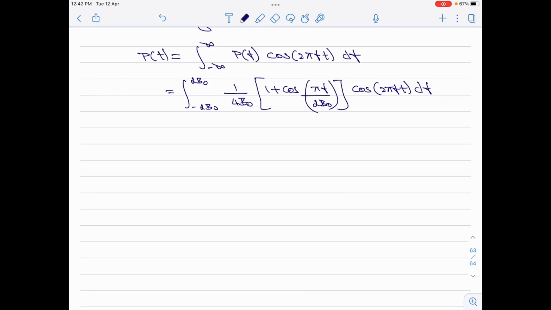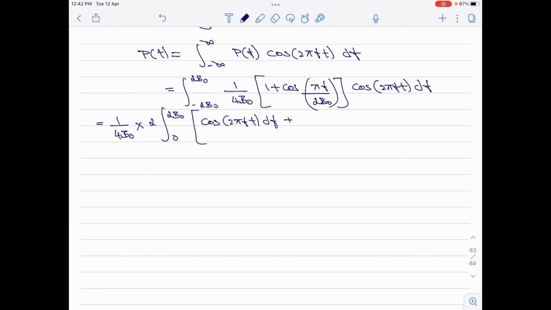I'll rearrange this and I'll multiply cos 2 pi f t df with the contents of the bracket here. So, this is equal to 1 divided by 4 b naught into, we have integral minus 2 b naught to plus 2 b naught. This can be written as 2 into integral 0 to 2 b naught, followed by, let us multiply 1 multiplied by cos 2 pi f t. This would be cos of 2 pi f t into df plus cos of pi f by 2 b naught multiplied by cos 2 pi f t. I will write cos 2 pi f t first. So, it would be,